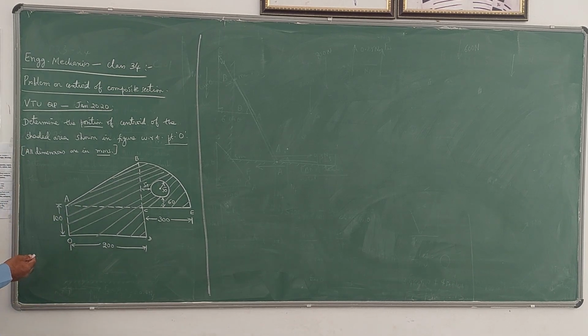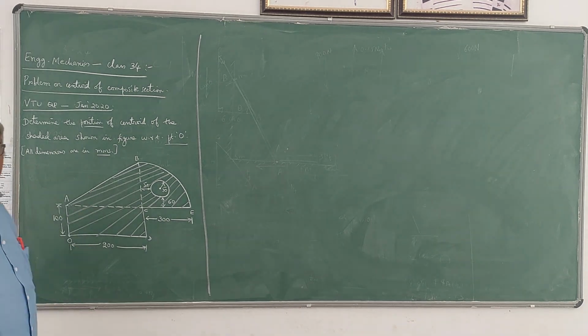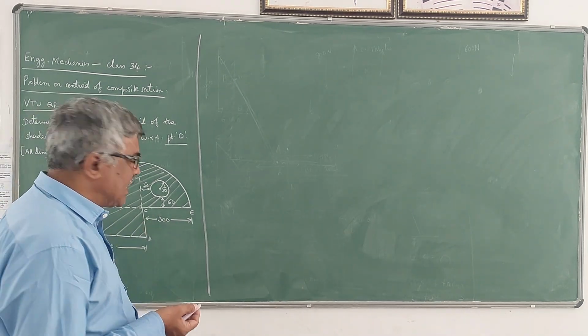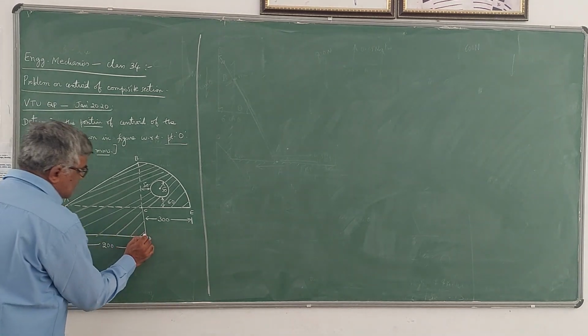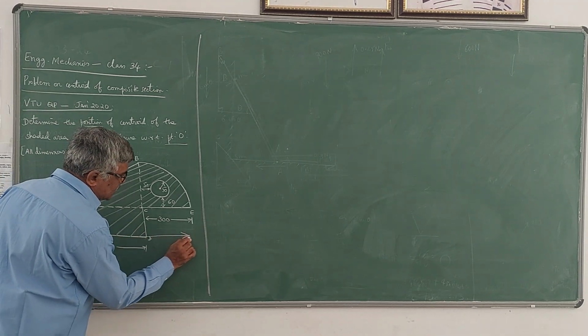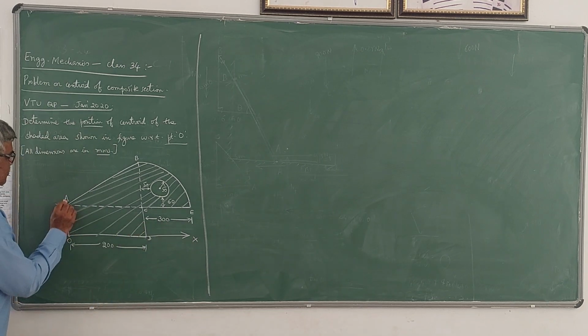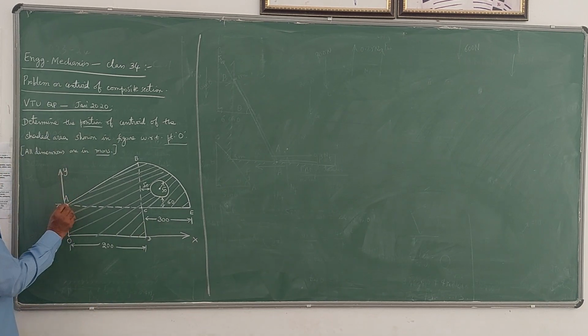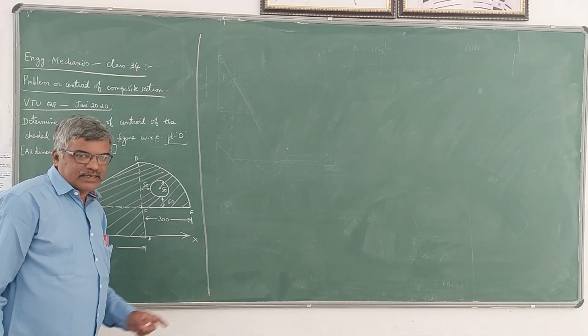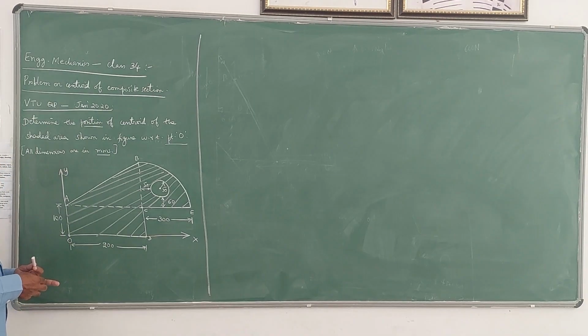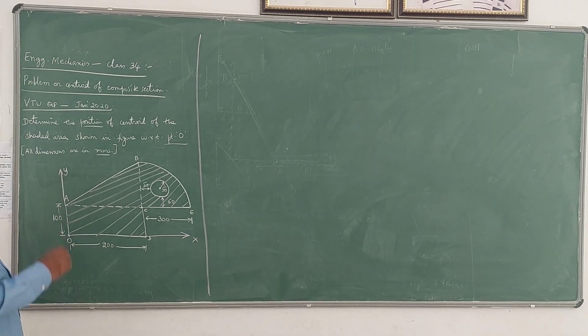Okay. So here, since he has asked with respect to point O, and the section is not symmetrical about any of the axes, horizontal or vertical, the procedure is I will take the bottommost edge as the x-axis, leftmost edge as the y-axis. So OA produce this y-axis, OD produce this x-axis, and you can see that this composite section consists of simple